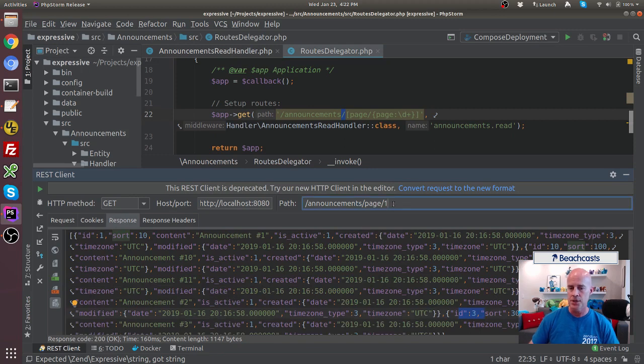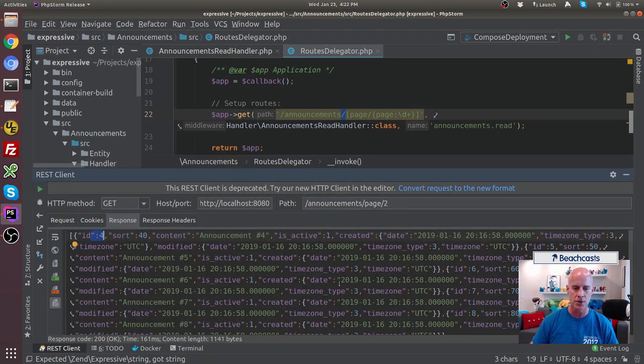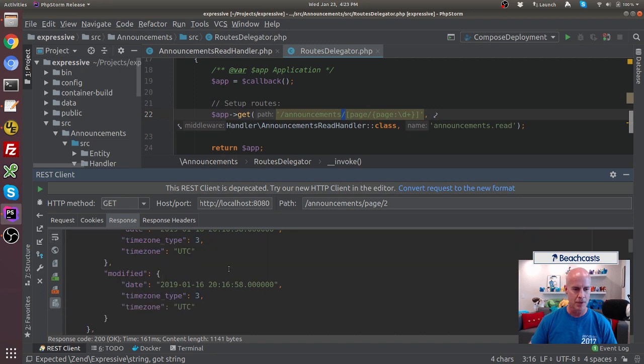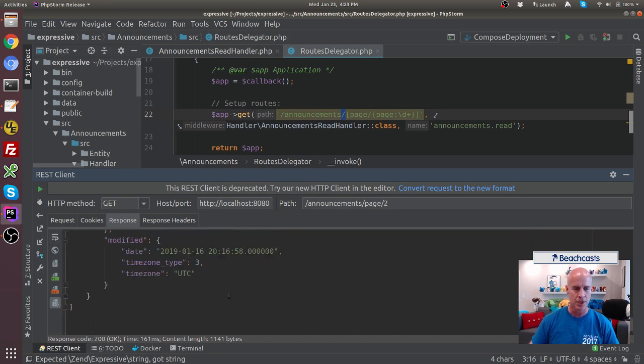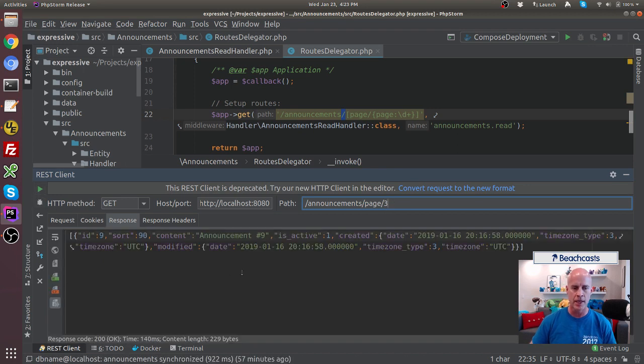So our pagination is still working as far as the first page, but what about the second page of items? So now I go to number 2, and sure enough, the ID starts at 4 and ends, I'm looking at raw results here, so it's kind of ugly. Yeah, I'm going to cheat a little bit. So I'm scrolling down here, so I get up to number 8, and if I change that to a 3, then I get my 1 result that's remaining, because again, I have 11 results. And with a page size of 5, that gives me 2 pages plus 1 record,